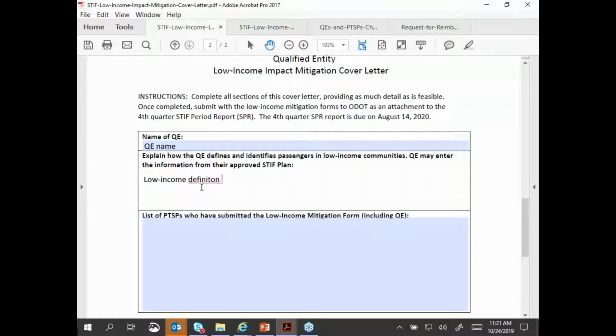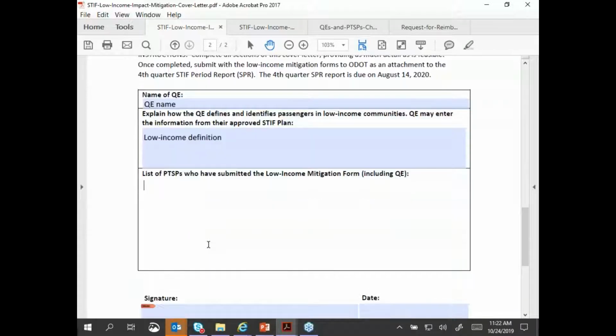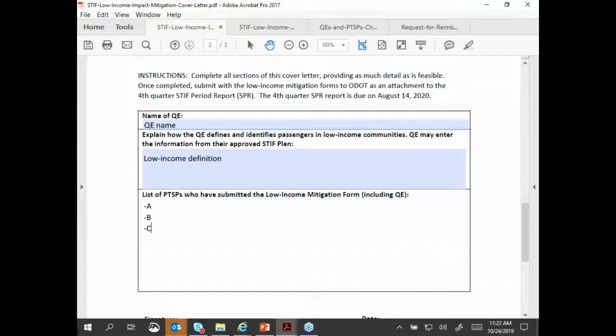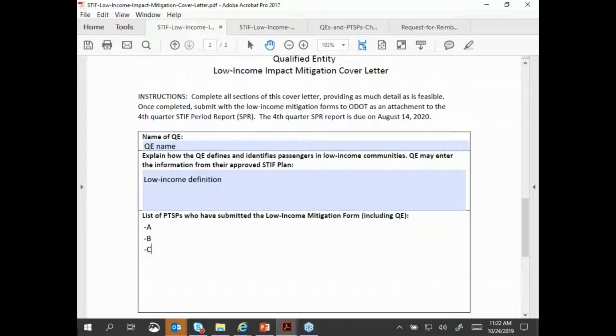Or there may be more additional details in a QE's advisory committee bylaws, and that can also suffice for this area. And here's where you're going to list all the PTSPs who submitted the low-income mitigation forms. You can do bullets or whatever you want to just list who they are. And here's the signature and date areas for you to complete, and just save that and make sure you include that with the forms that I'll go over next.